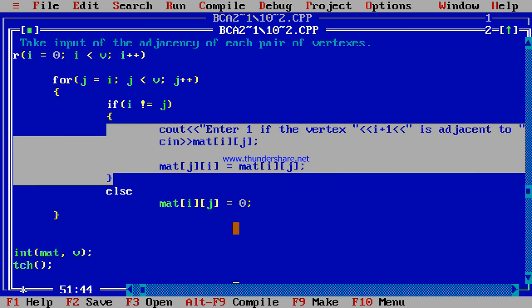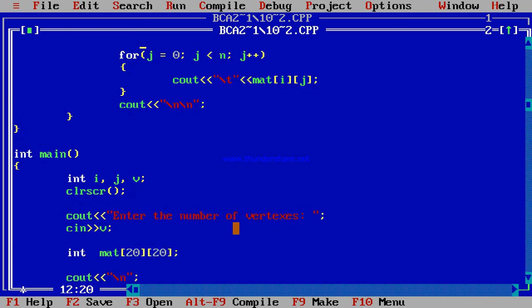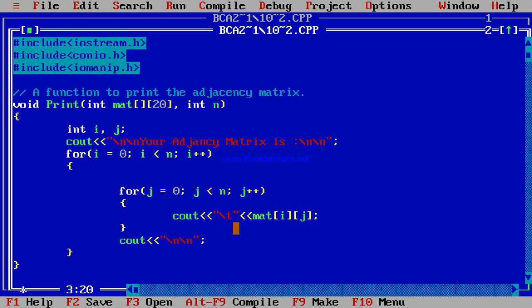After entering the input, here we call the function print, in which the matrix and the number of nodes are passed as parameters to the function.